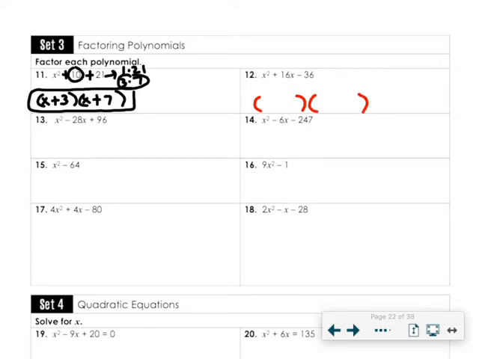So if we have something like this, where this is a positive but this is a negative, if this last number is ever negative, it's automatic plus minus. We have to use 1 plus sign and 1 minus sign. Again, all we have out front is an x squared, so x and x. So x times x is going to make x squared. Then we're looking for the numbers that multiply to negative 36 that add to 16. So we can look at the factors. It's a little bit different